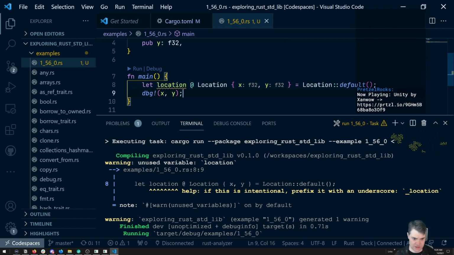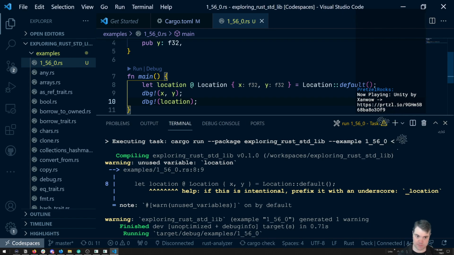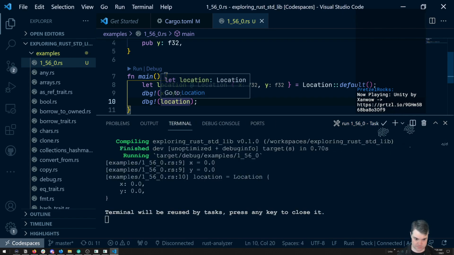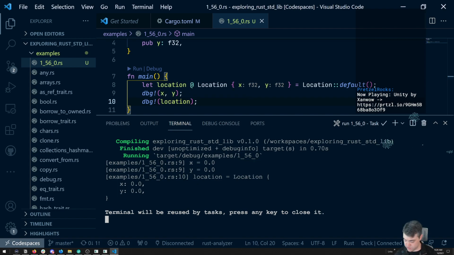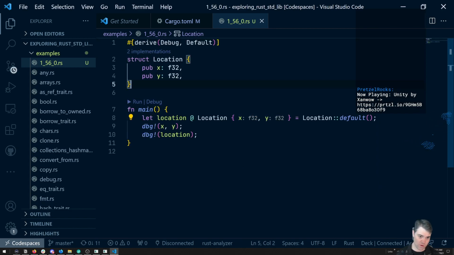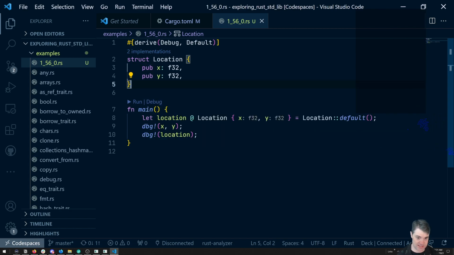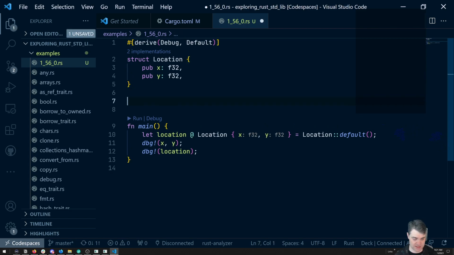Wait a second, do we still have a location? I can't imagine we have a location. Unless those were copied out. We do have a location. Okay, so I have this location, but I've also destructured these out at the same time. Now, I'm a little bit interested, what if I don't implement something that implements Copy and Clone, which these x and y's do? So what if I do something like,